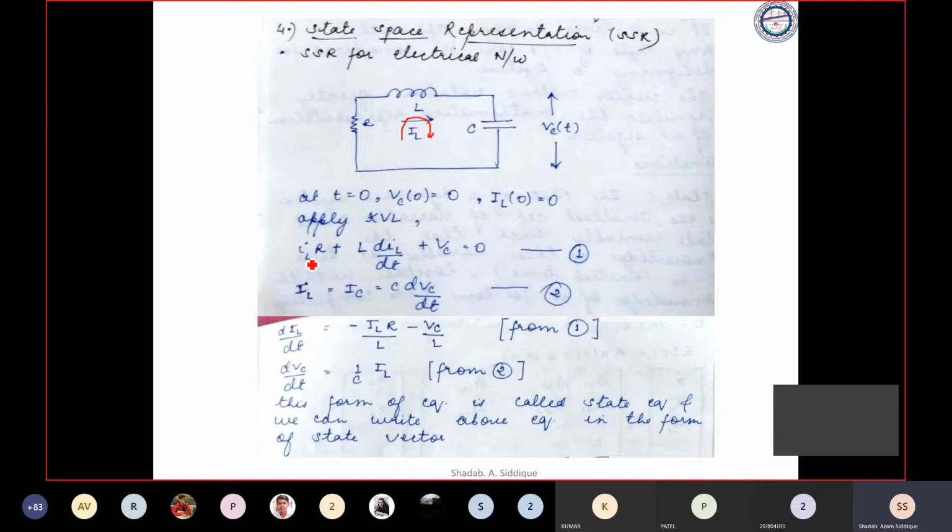Now IL is the same as IC, and IC can be written in terms of VC as C dVC by dt. Using these two equations, we rearrange them so that we get dIL by dt on one side and dVC by dt on the other. Using that, we have found these two equations, and these two equations can be rewritten in the form of